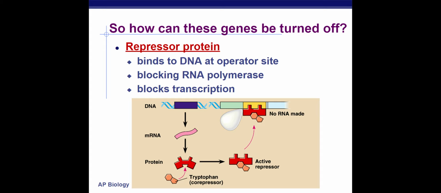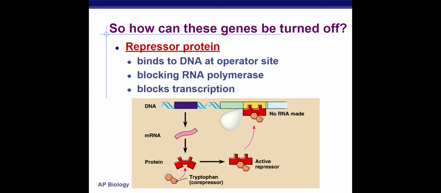If that repressor protein fits, it will attach to the operator and stop the RNA polymerase from continuing through transcription. If there's an excess of something like the tryptophan, there'll be more bumping around, so it bumps into that repressor protein and changes the shape so that it fits to the operator. The opposite would be true of